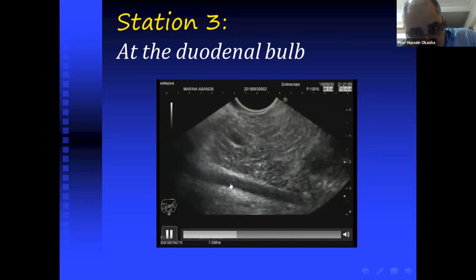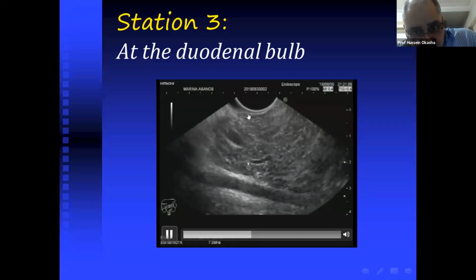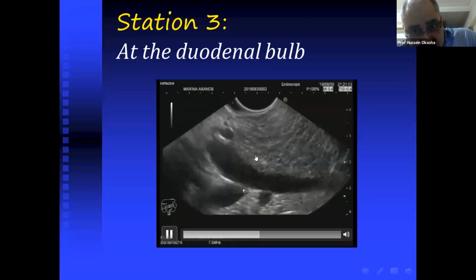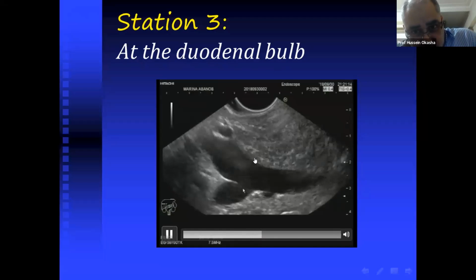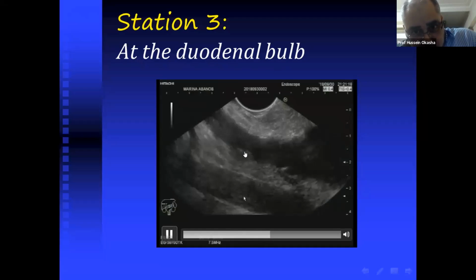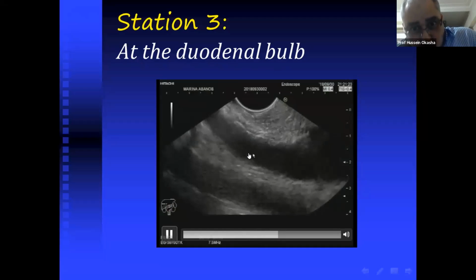So slide clockwise, I will see the superior mesenteric artery, pancreatic duct, and common bile duct near the echo endoscope. More and more clockwise rotation, I can see the large vessels, aorta and inferior vena cava. So the aorta and inferior vena cava can be seen with clockwise rotation from the bulb of the duodenum. And more